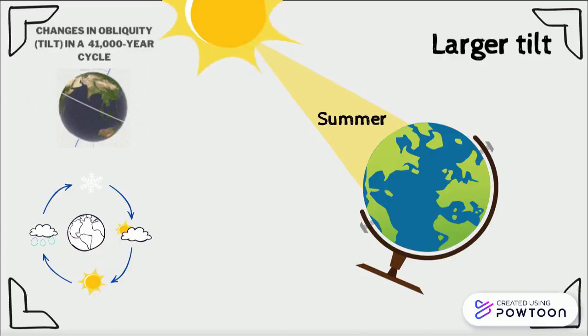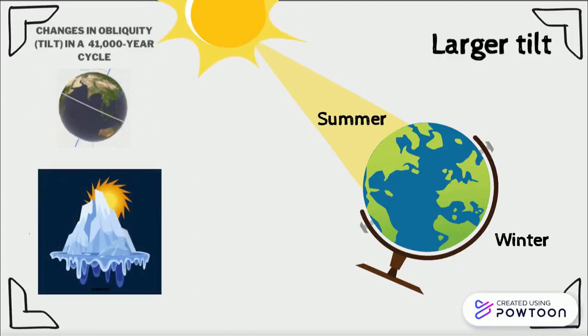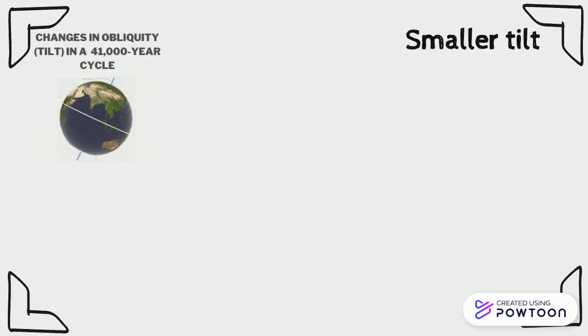during its summer and less during winter. Another consequence of a larger tilt is that more glaciers and ice sheets will melt, because of the high difference in heat. These effects are not uniform globally, because in higher latitudes there are larger changes in incoming solar radiation than around the equator. When the obliquity decreases, the temperature of the seasons will change.